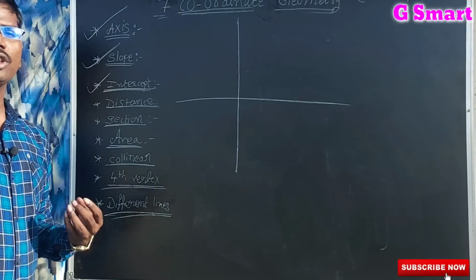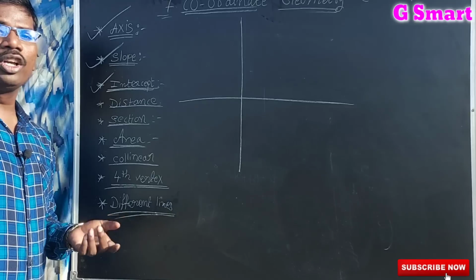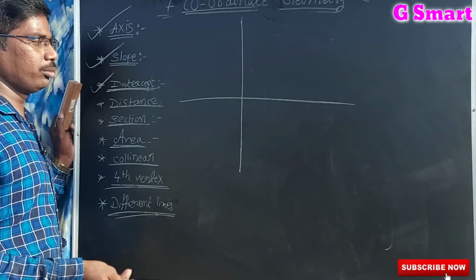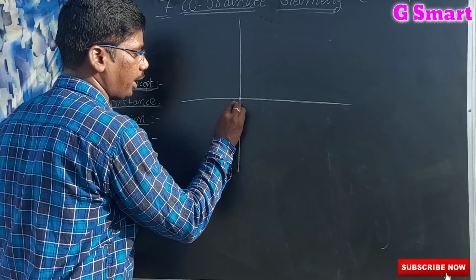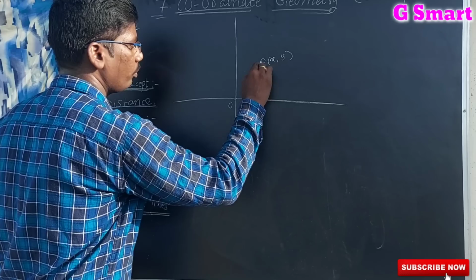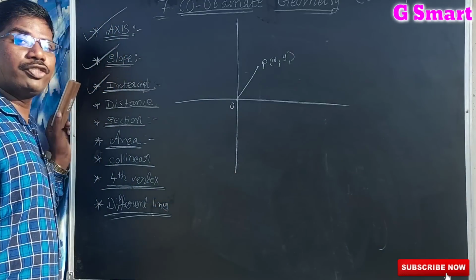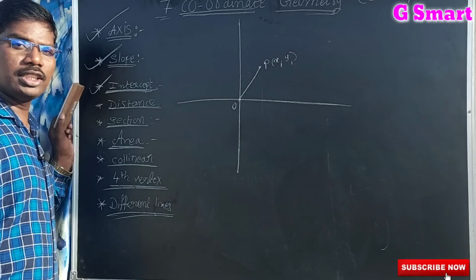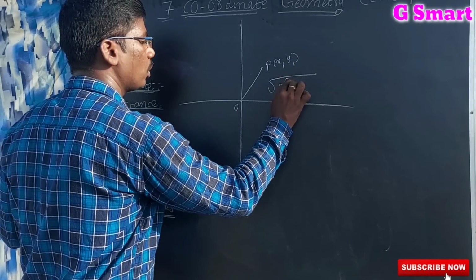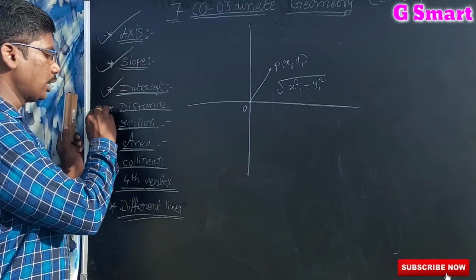Next, a question may be asked: which of the following is the distance of the 2 points. Three options look the same and one option is different, so you have to choose the different one. Which of the following is not the distance? Now if this is the origin and this is a point P (x, y), or (x1, y1), find the distance from the origin to the point. It means we have to square these two: root over x1 square plus y1 square. So that is the distance.